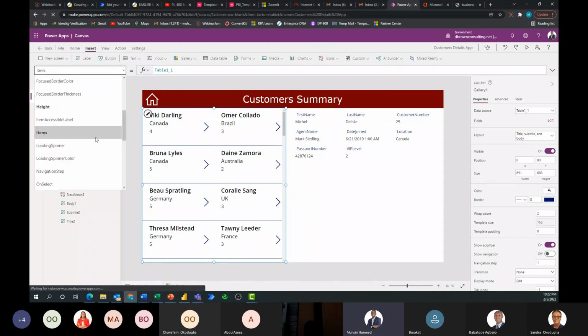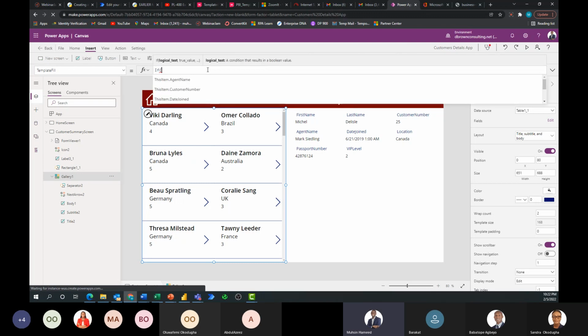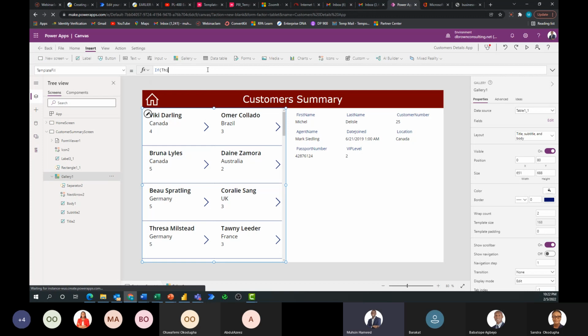and on the properties drop down, scroll down to template fill. And so what you have on the formula bar, clean it out. And let's write an if statement here. Don't worry, I'll still record on the functions so that we get to understand how these functions work. This is just so we see how we can actually harness the function to do some things on the Power Apps. So now we say if